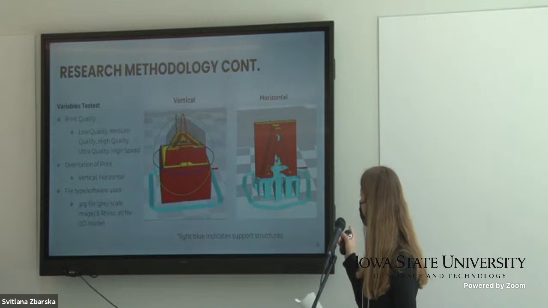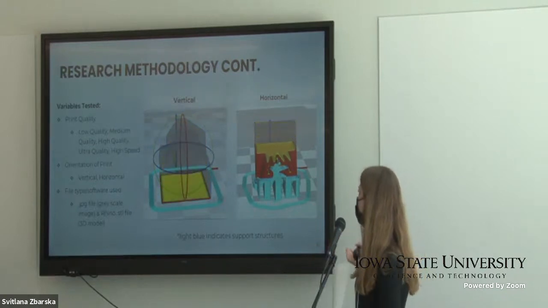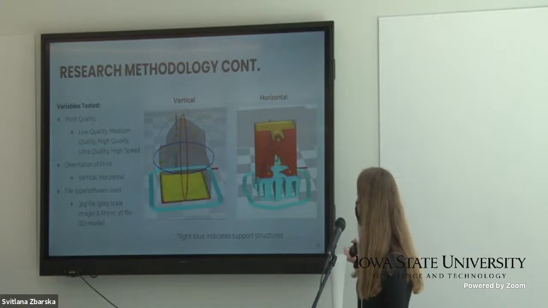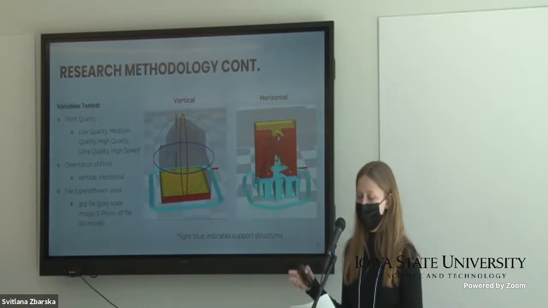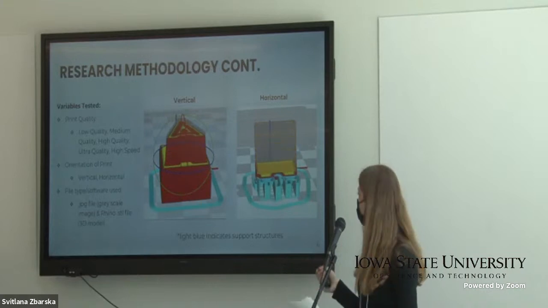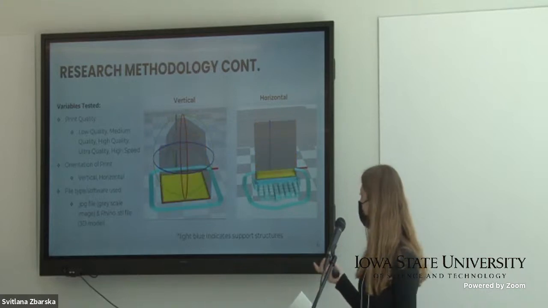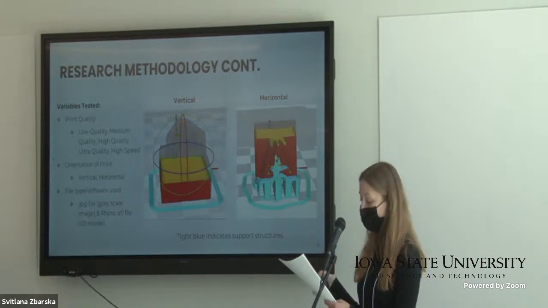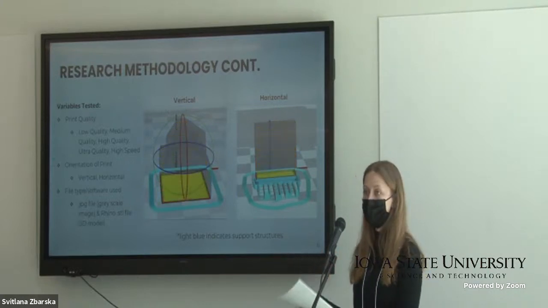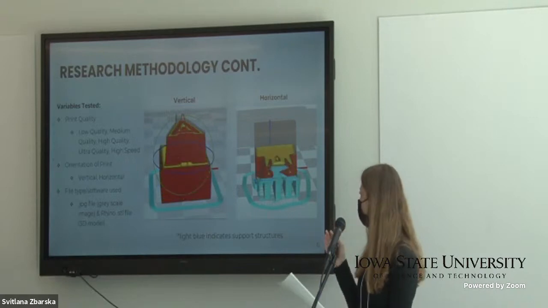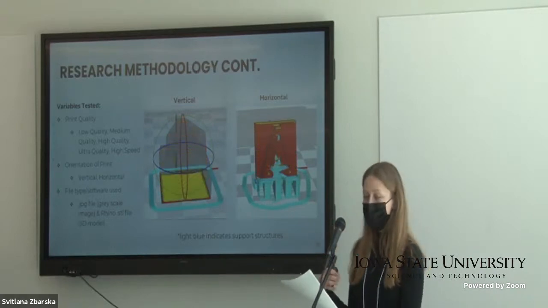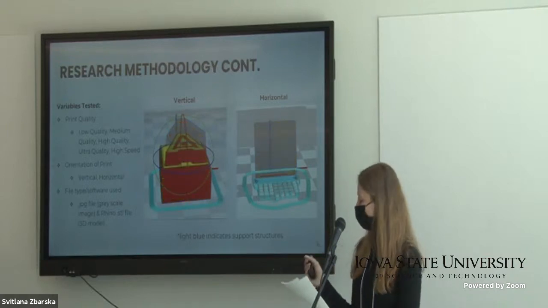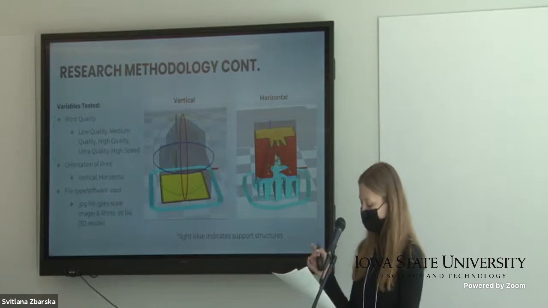You can see here how the printer constructs each of these a little bit differently. Most notable with the horizontally built one, that one required some support structures to be built in order for the A to be constructed. The last variable we tested was the type of file, or the type of software we used. We primarily used a 3D printing software called Rhinoceros, or Rhino for short. Rhino saves its files as STLs, which means that the file is saved as a 3D model. The other software we used is the Dremel Digilab 3D Slicer.